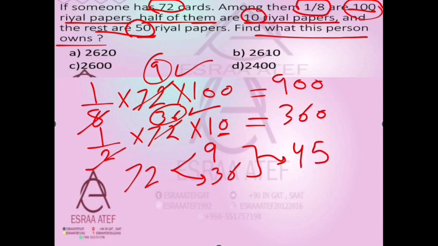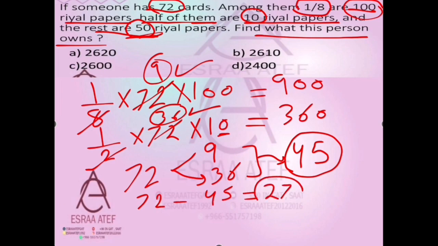Okay, when we take 45 from 72 to get the remaining, it will be 27. Okay, so the rest, which is 72 minus 45, it will be 27 real papers. Okay, so 27 times 50 to get the value of them,